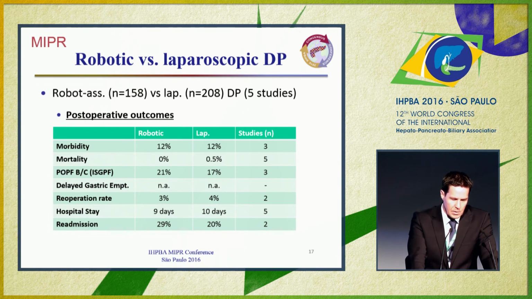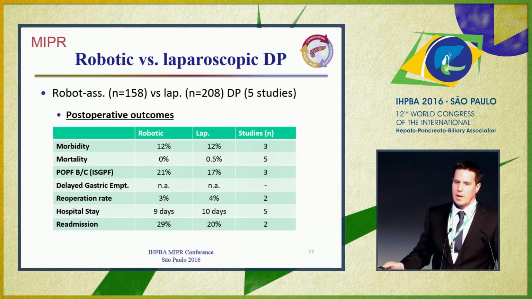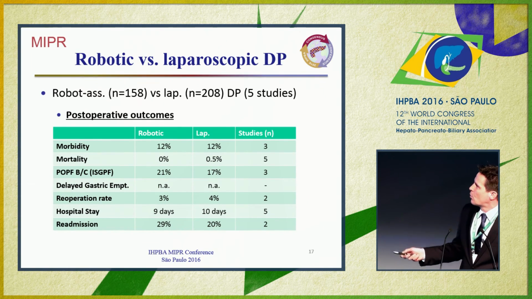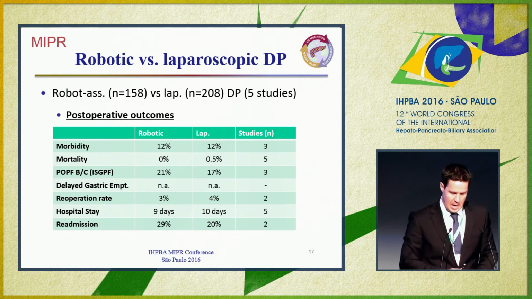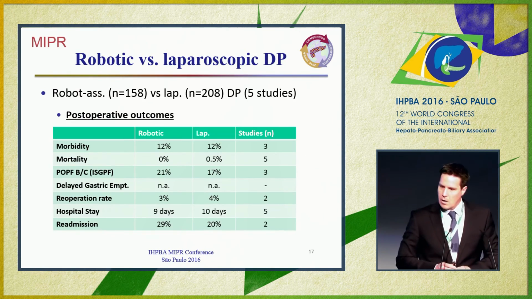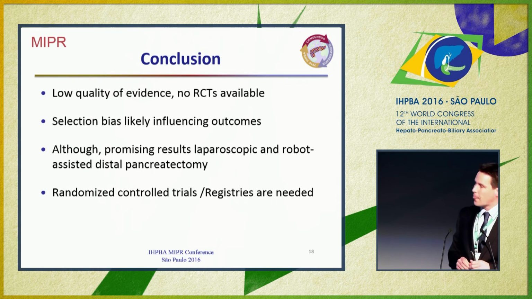But implausible, this high readmission rate. We checked these data again, but the paper reported these readmission rates of 30% in the robotic arm and 20% in the laparoscopic arm. I cannot explain this. So in order to stay within my time frame, I want to conclude that there's a